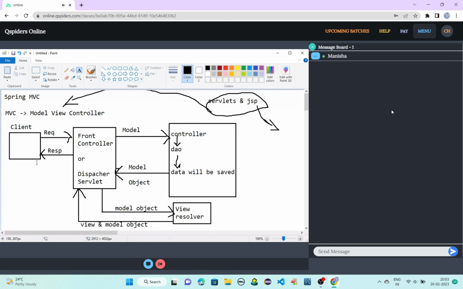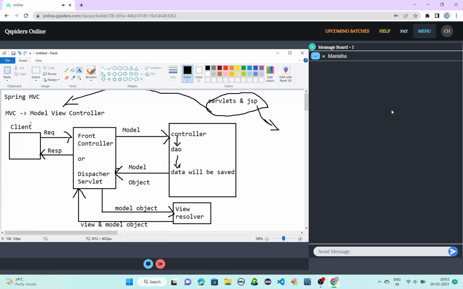Once the view resolver converts the model object into view and model object, the front controller will send the response to the client and the response will be displayed in the browser. So this is the workflow of Spring MVC, or the architecture of the MVC model. So this is how you need to explain. For that, this diagram will be helpful for you people. That is why I have given it neatly.